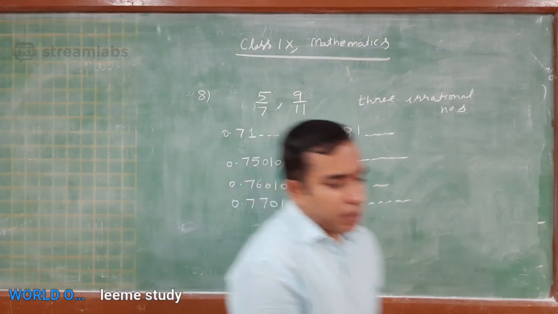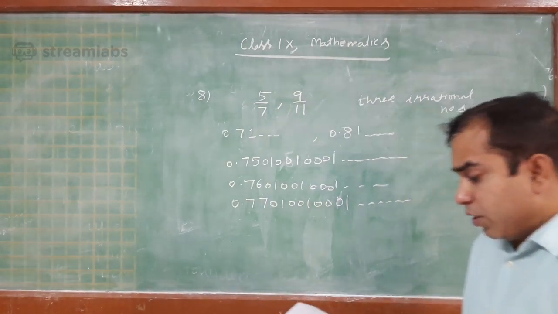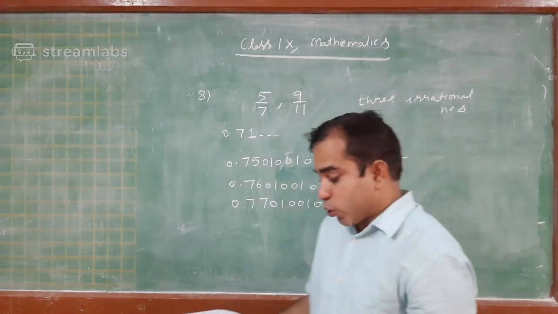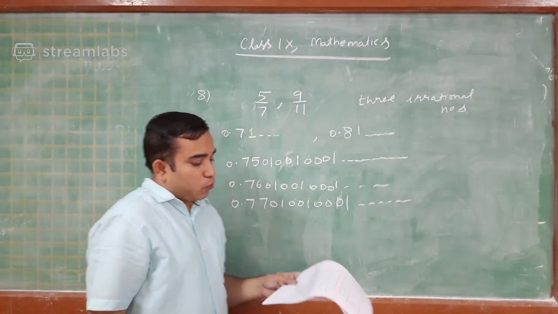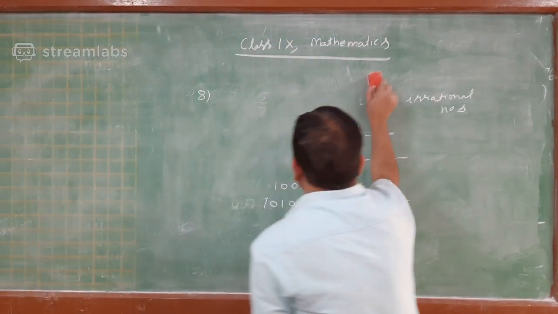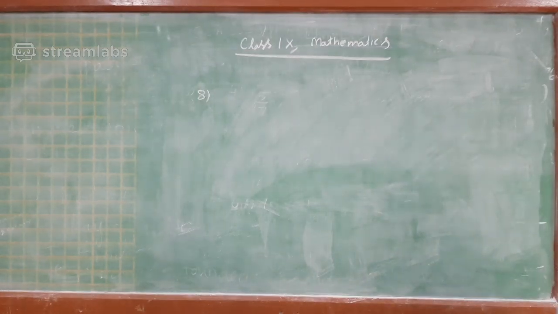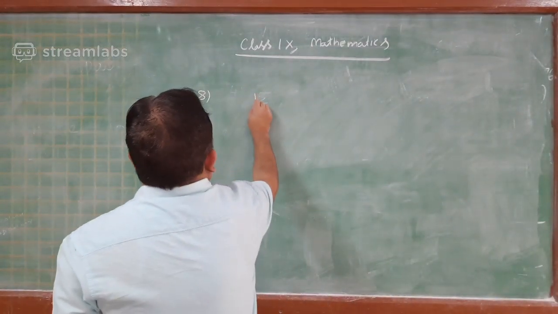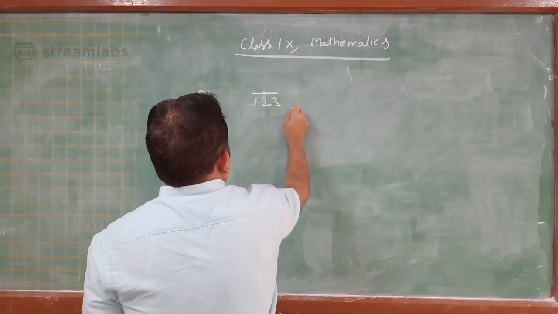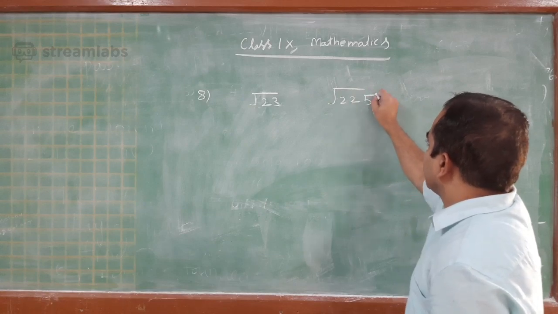Right, many numbers can be written. The next question in this exercise 1.3 is to classify the following numbers as rationals or irrationals. See, roots of primes are irrationals. Some examples are there which we have to determine whether they are rational or irrational: root 23, root 225,